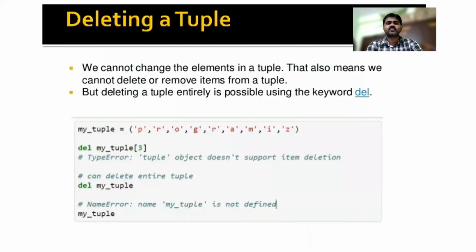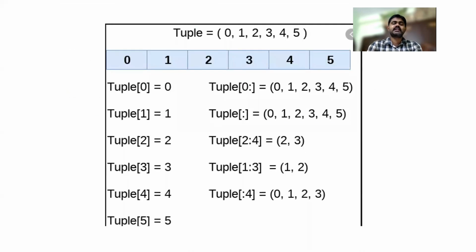In our next video, we'll discuss how to delete a tuple. First we discussed how to create a tuple. In the second video, we discussed how to access a tuple in different ways, like slicing, using indexing, what is forward indexing, what is negative indexing, and how to access different elements present in the tuple. If we have a nested tuple, how to access those elements. Okay, so I hope you understood today's concept.